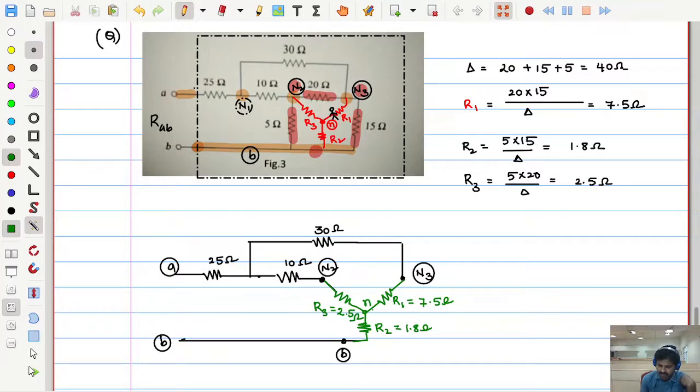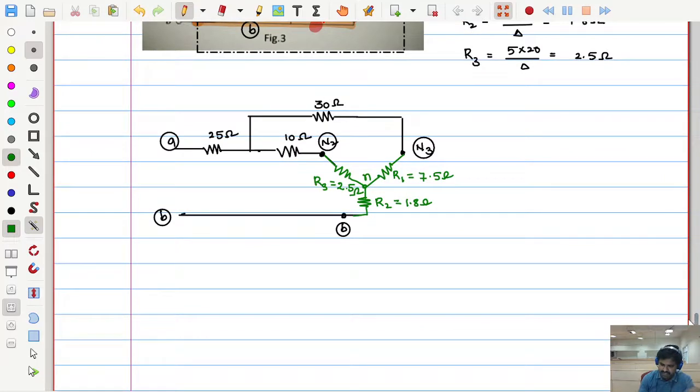By this process, we have some advantage. What is it? Check it. Previously, when I was searching, was there any elements in series or parallel? No elements were found either in series or parallel. But now see that. Could you see this 30 and R1 are connected in series? Yes, sir. See, this 10 and 2.5 is also connected in series. That is my advantage of conversion from one form to other form.